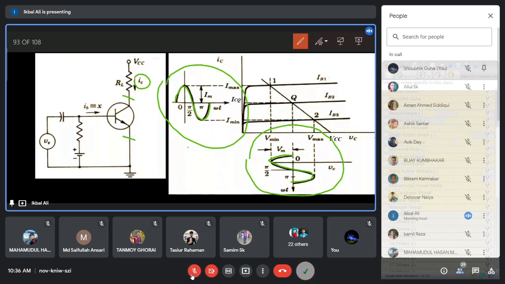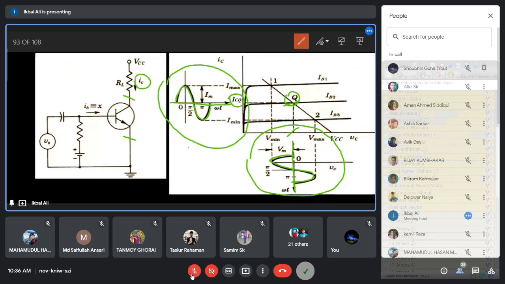After the application of the AC signal, if you withdraw the AC signal, the collector current will stick to this ICQ constant value. The transistor will remain in the Q point position, in the middle, that is the DC Q point. And the voltage across the transistor will be this one at this point. This is the DC voltage you will get. As soon as you apply AC, this DC ICQ current will fluctuate between Imax and Imin according to the signal.